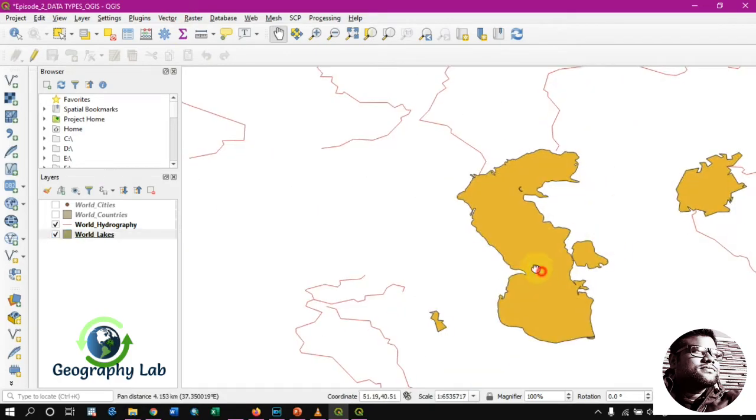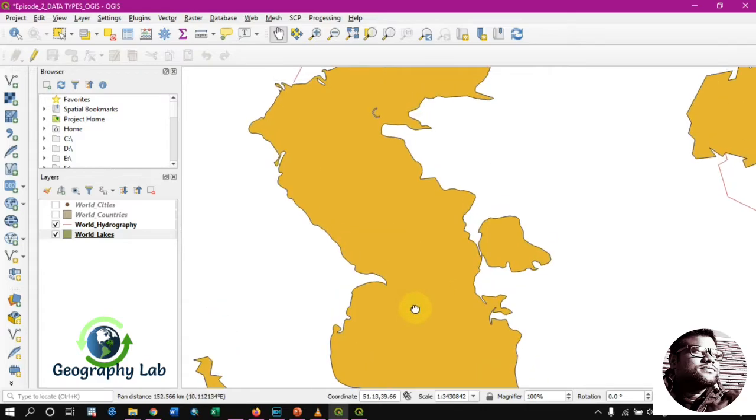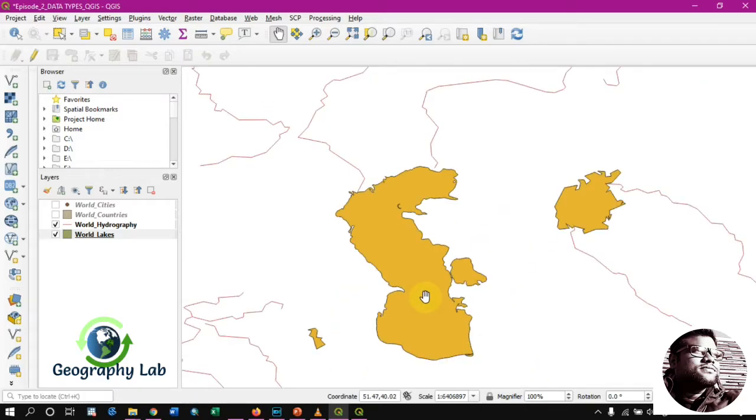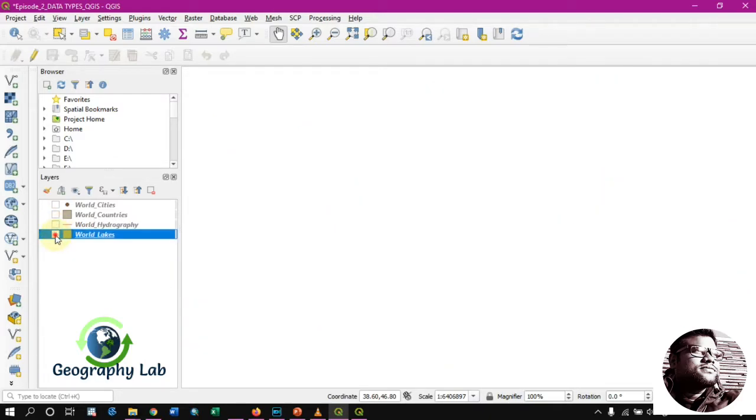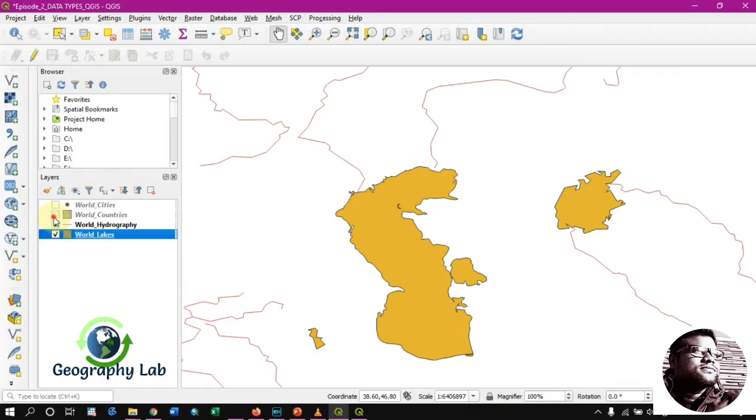Again, this is the lake, which is another polygon section. Polygons are the connected nature of more than 2 points, and they are closely connected. So these all are the basic vector data.